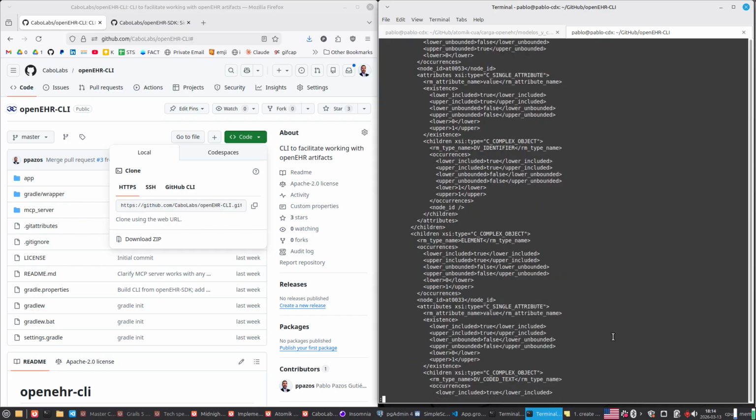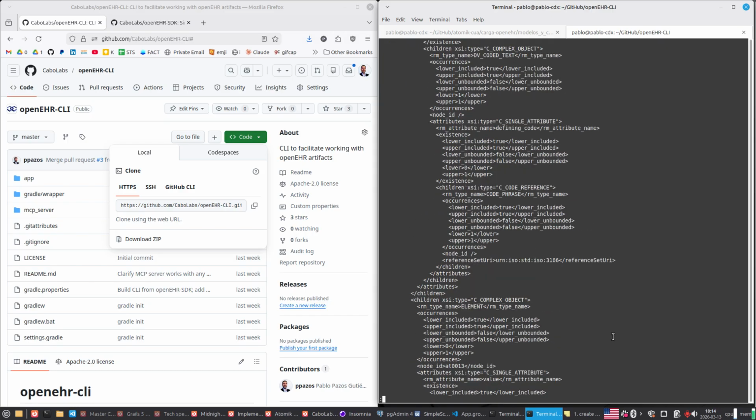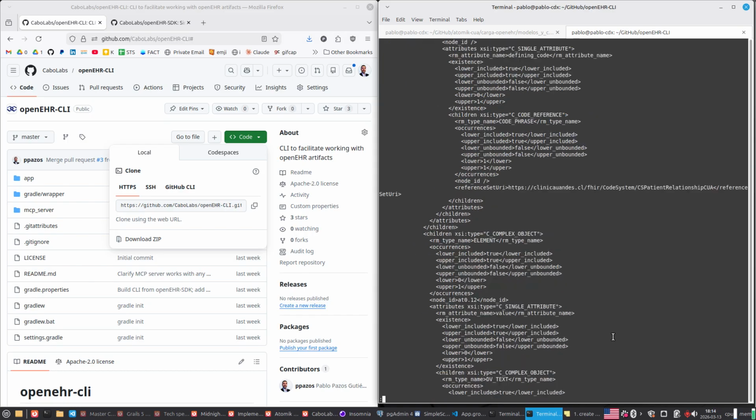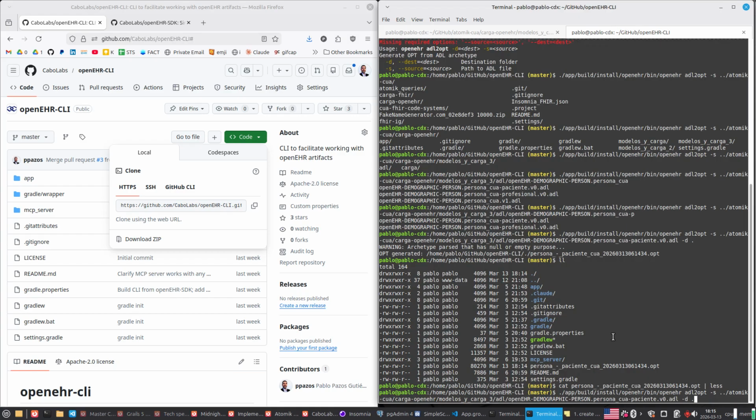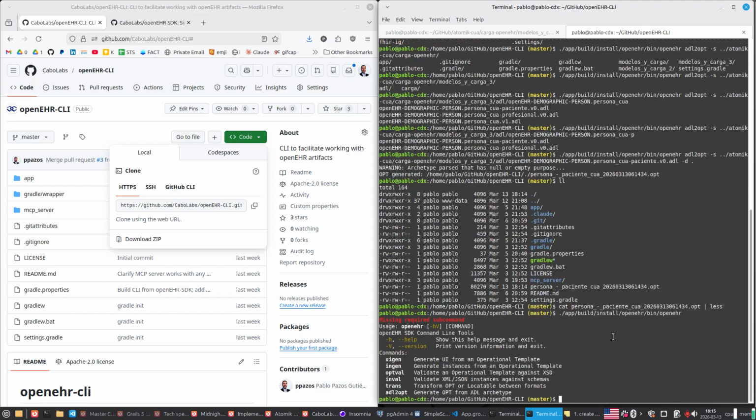This file didn't exist before, so it looks okay, but we can double check. I don't even remember my own commands. So let's do